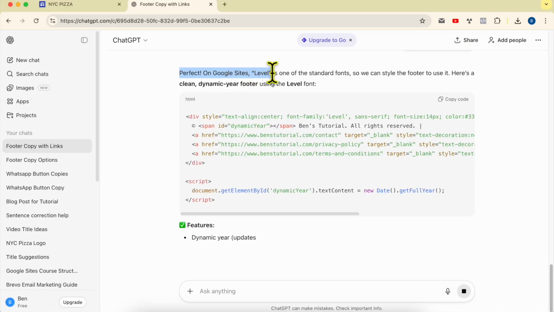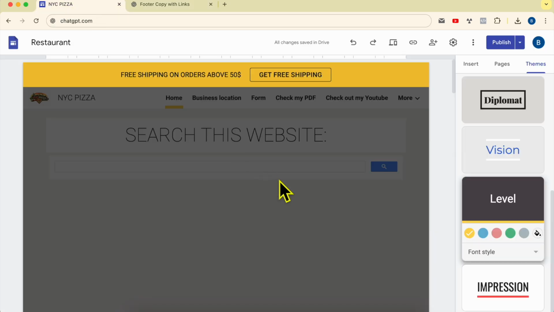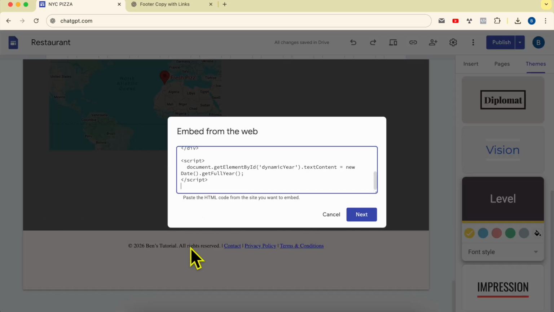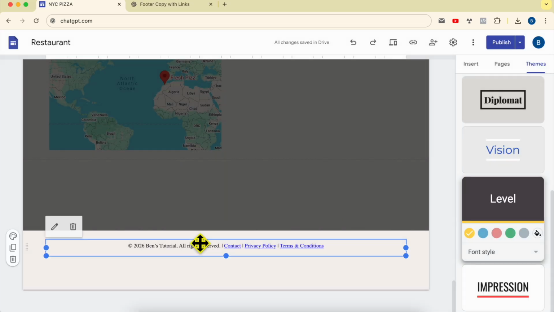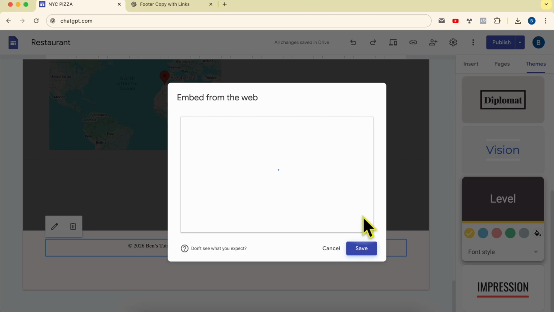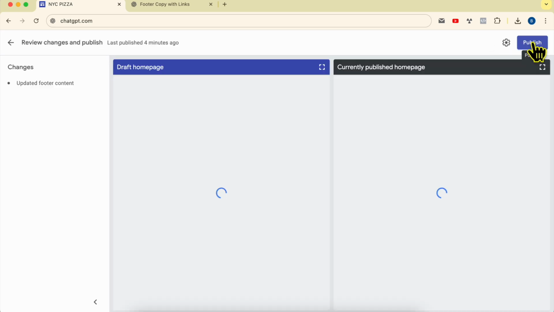Perfect. On Google Sites, Level is one of the standard fonts. Okay, let's copy the updated code, go back to the footer section, edit footer, double click this text, and this window pops up. Delete the old code and paste the updated code. Click on next, insert, and this is my new footer with a dynamic year. So next year, no need to update 2027 because this year is dynamic. Click on publish, publish again,